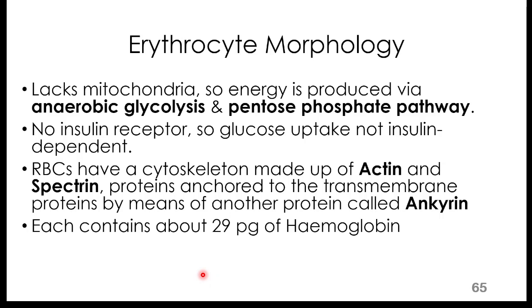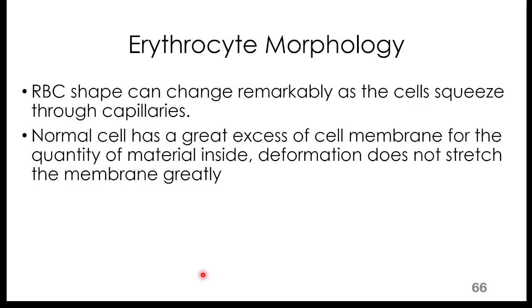The mature red blood cell does not have mitochondria, so it produces energy by glycolysis and by the pentose phosphate pathway. It does not have insulin receptors, so glucose uptake is not insulin dependent. All right, and the healthy red blood cell contains about 29 picogram of hemoglobin. The shape of the red blood cell can change remarkably as the cells squeeze through capillaries. All right,